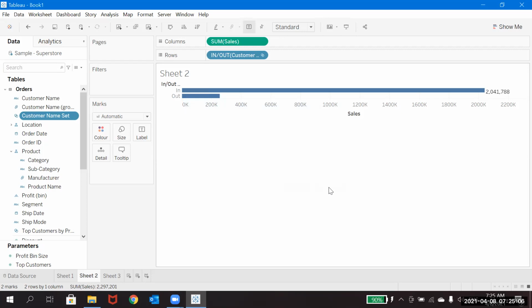I hope you guys understood this groups and sets concept. In the topics we have discussed, the filtering, sorting, and groups and sets, do you guys have any doubts? Because based on all this, I'm going to give you one scenario to practice, so that will make it a little more clear.